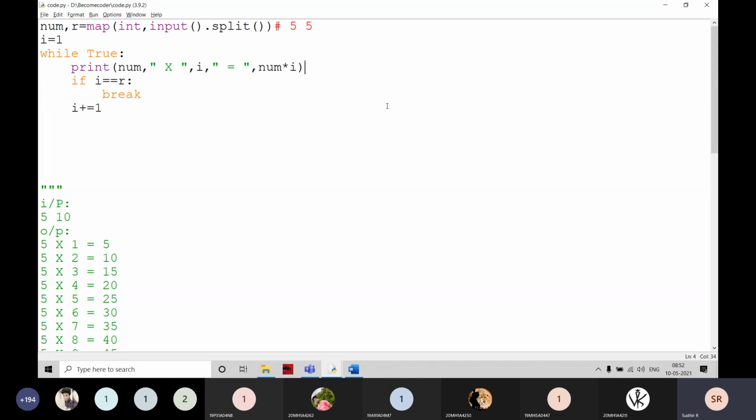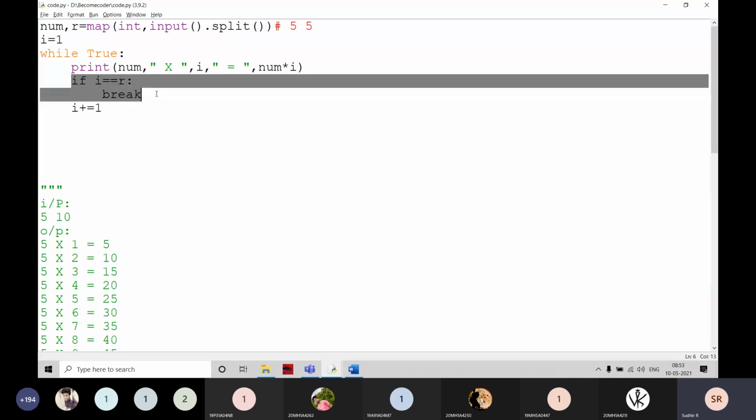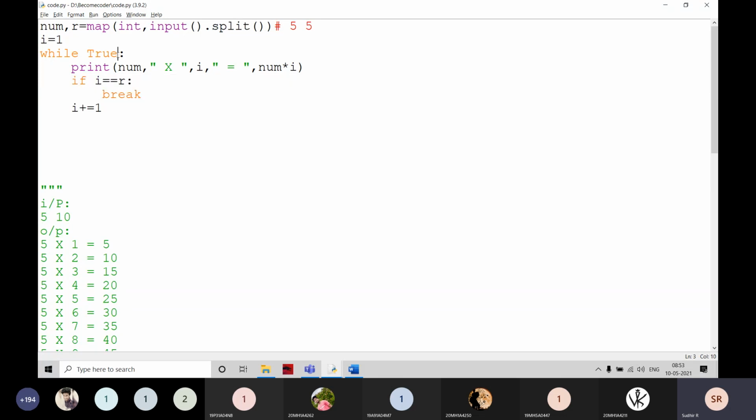Just converting the program into the while loop. Instead of this, here also I can write the condition. This is going to be an infinite loop. If I am writing any infinite loop, while True, definitely we have to mention a break in the body of the loop. No doubt about that. Okay, 100% you have to maintain break here.